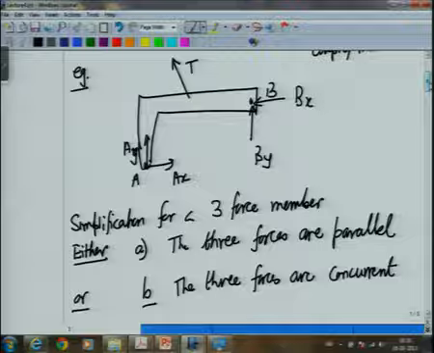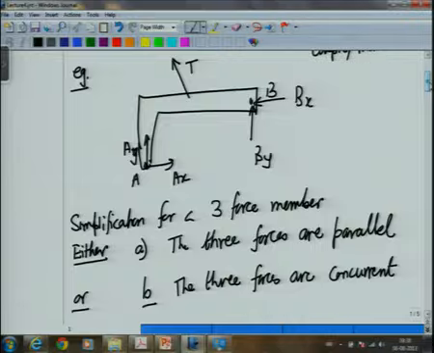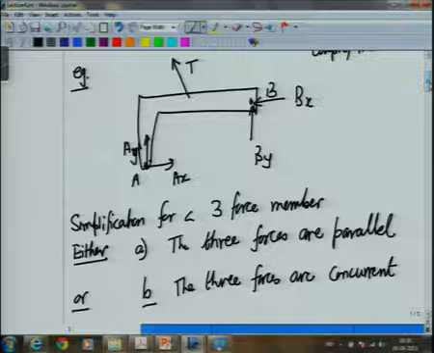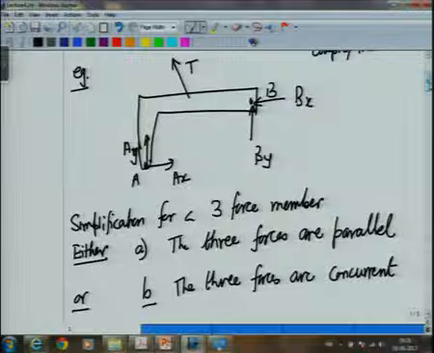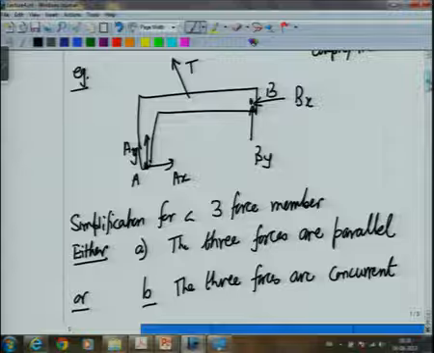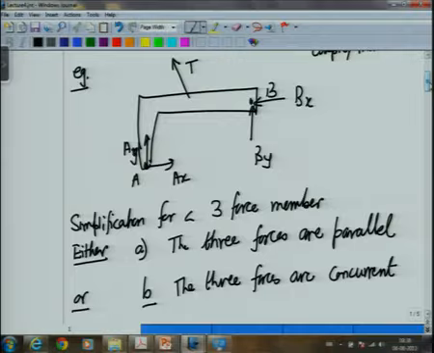So, that means the forces at B and A also have to be along the line parallel to T if one of the forces is known, or it could be that the three forces have to meet at a particular point which could be anywhere in space, it need not be on the same member. So, in that case if you have this T and the force through A and B, they have to meet at some point if they are not parallel. So, this is the simplification which will come in case of a three force member,